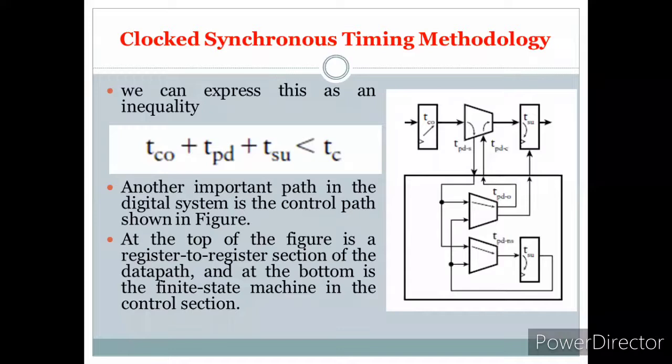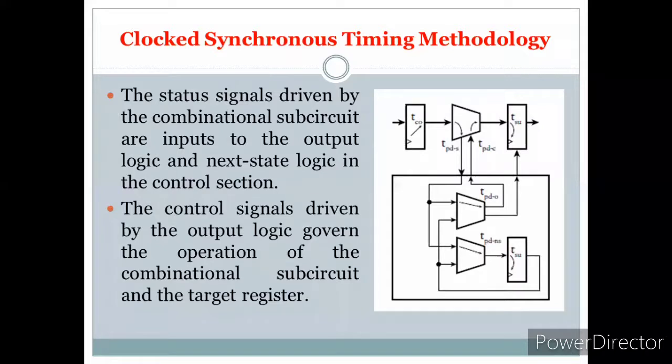That needs to be written properly, or the code has to be written properly there. The status signals driven by the combinational subcircuits are inputs to the output logic and next state logic in the control section. Sometimes the status signal in the data path can be used for the control section.